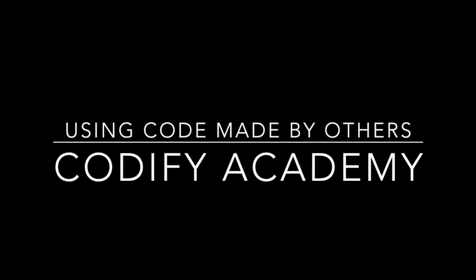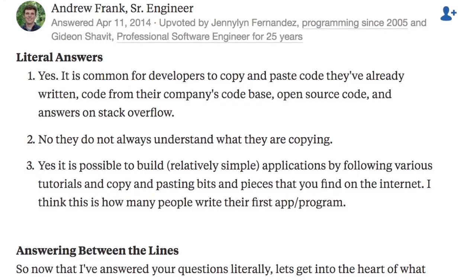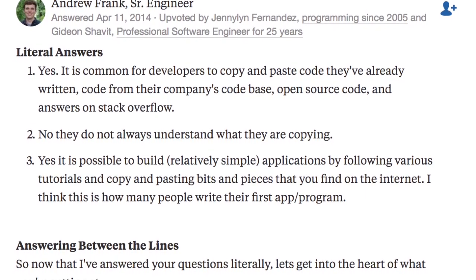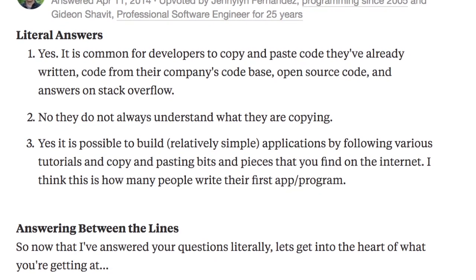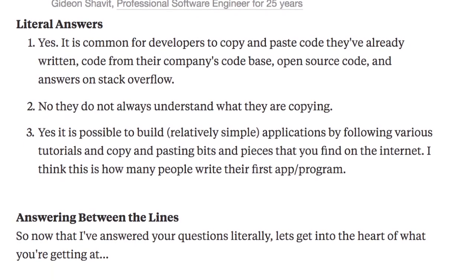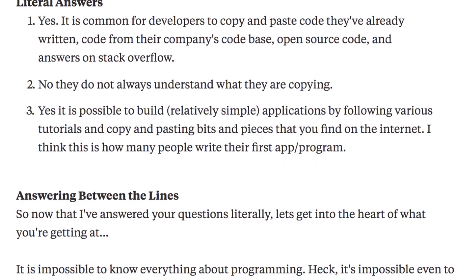In this video, I'm going to show you how to use someone else's code in your projects. As a developer, you need to use other people's code that's already been written and then modify that to what you need. On any given project, I would say 80 to 90% of our code we don't write ourselves. We understand it and we could have written it ourselves, but there's no reason for us to do that if